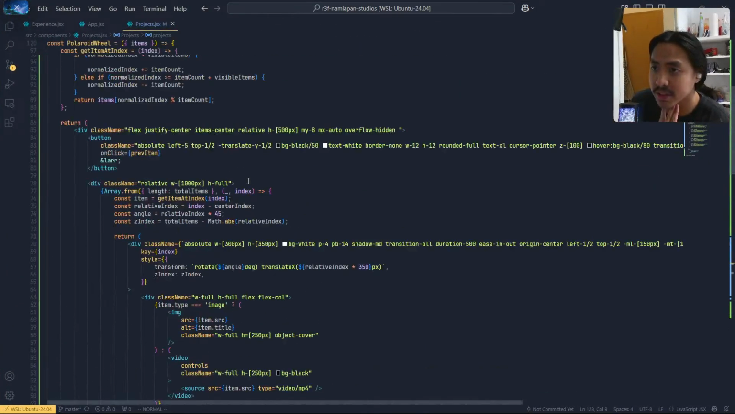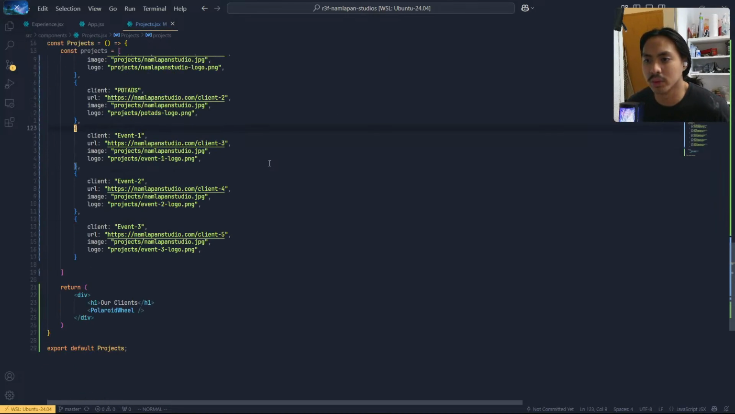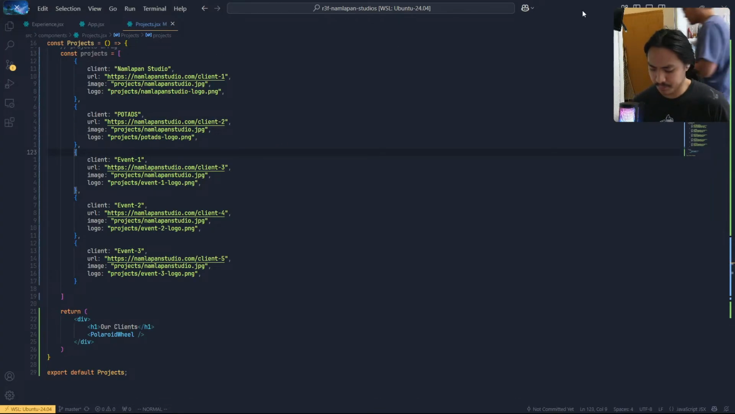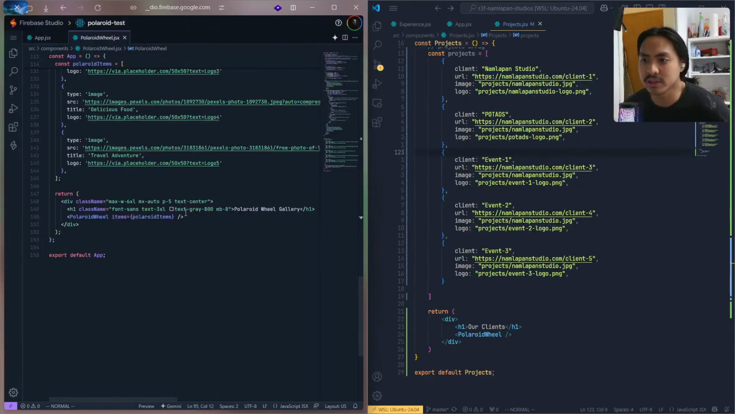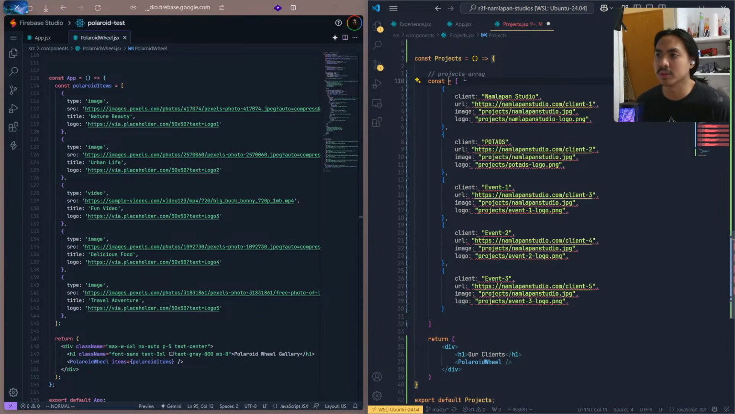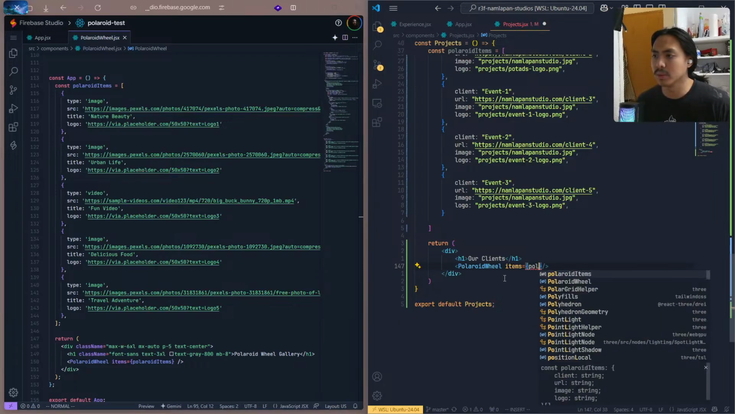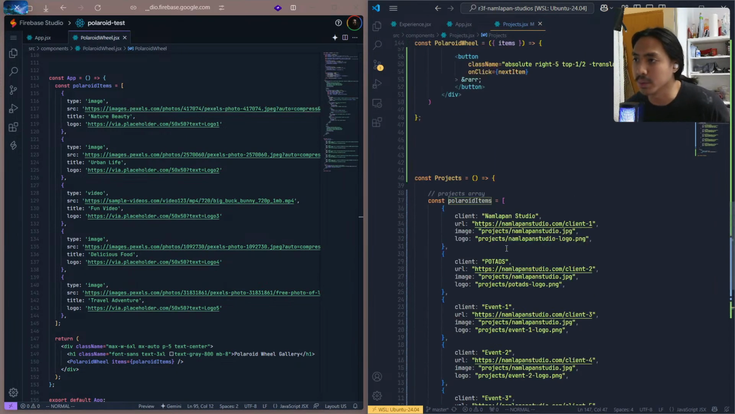First, they're still using the type because there's images and everything. So what we need to do is change the project so that it could have Polaroid items and can include items. Okay, no, it won't work because